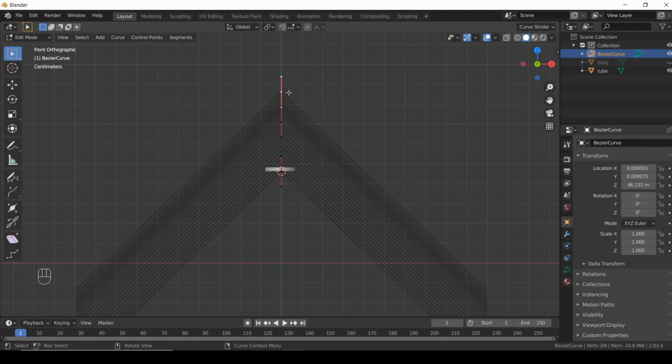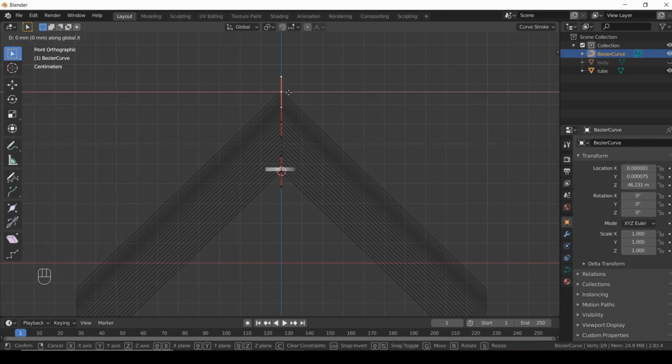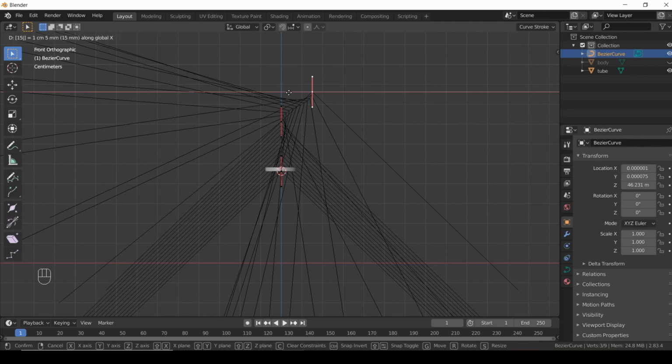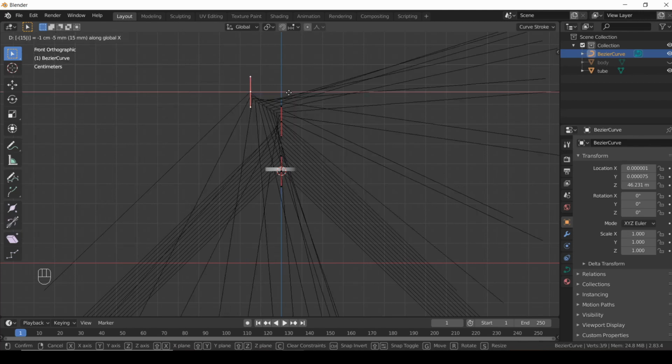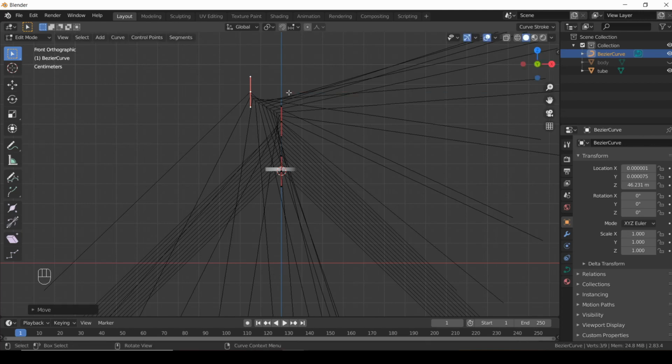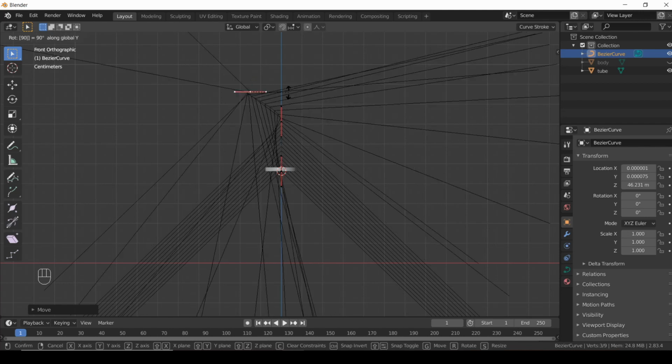What I'm going to do is grab, with G, X to lock it to the X axis. I'm going to type 15 to take it 15 mil, and I'm going to push minus to take it in the opposite direction. I'm going to hit enter to leave it where it is. I'm going to push R to rotate. I'm going to push Y to lock it to the Y axis. I'm going to type 90 to rotate it 90 degrees, and I'm going to push minus to take it in